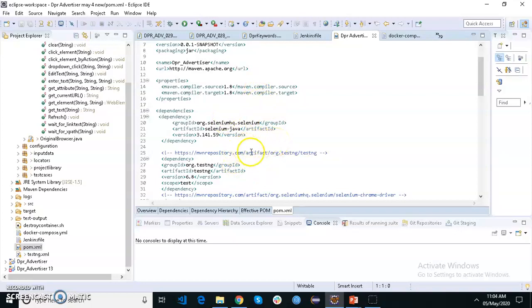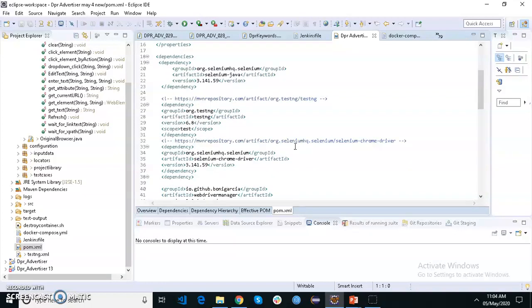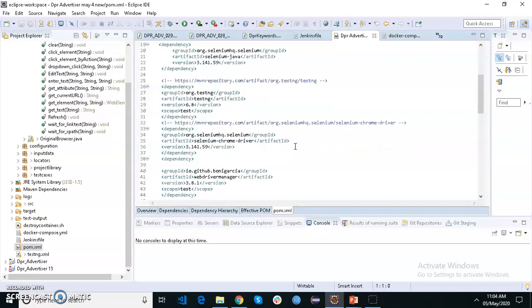The pom.xml, which means project object model, is the fundamental unit of work in Maven. This is the Maven build tool. So it is an XML file you can see here. Here we can list our dependencies. When executing the code, Maven checks for the pom.xml file in the current directory, reads the pom, gets the needed configuration information and executes the code.